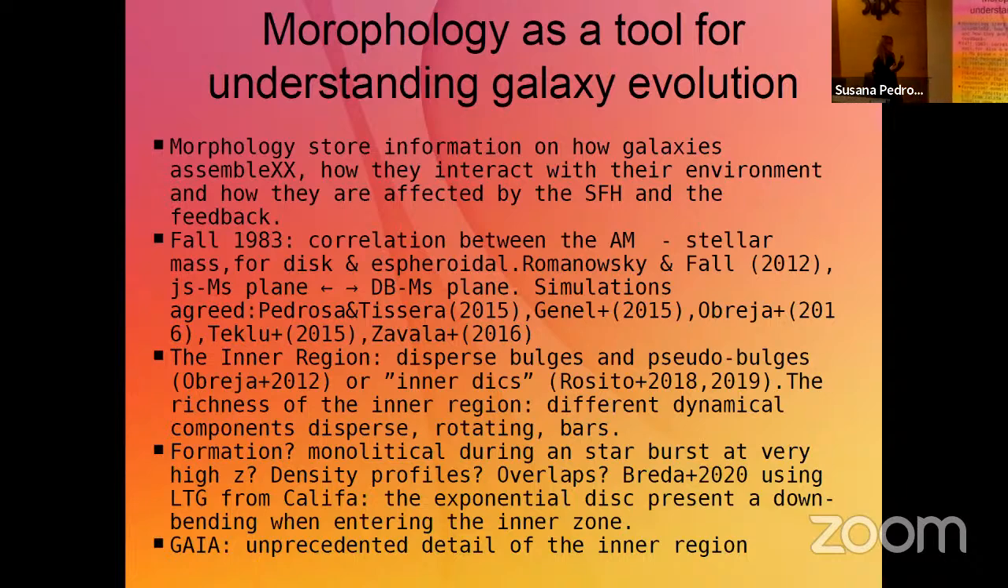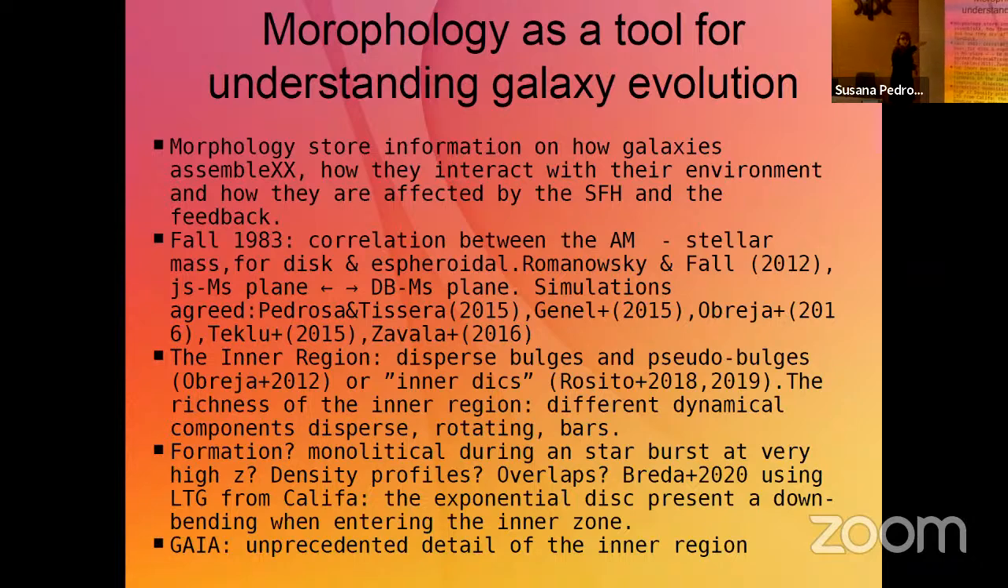We want to know how this inner component is formed. Is it a monolithic collapse at very high redshift, or is it secular? There's a recent observational paper by Breda, which I will describe a little more later, that shows or postulates that the exponential profile of the disk, which is ubiquitous in all the observational studies,